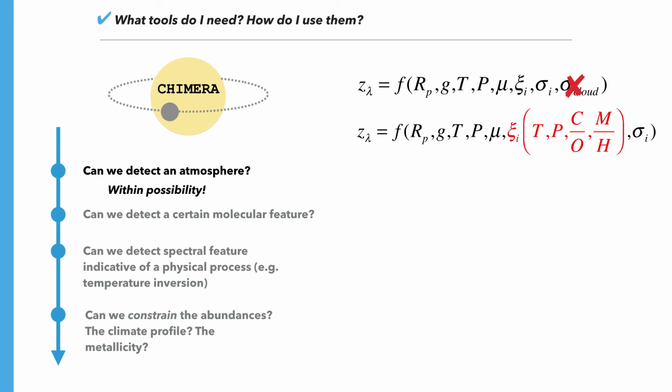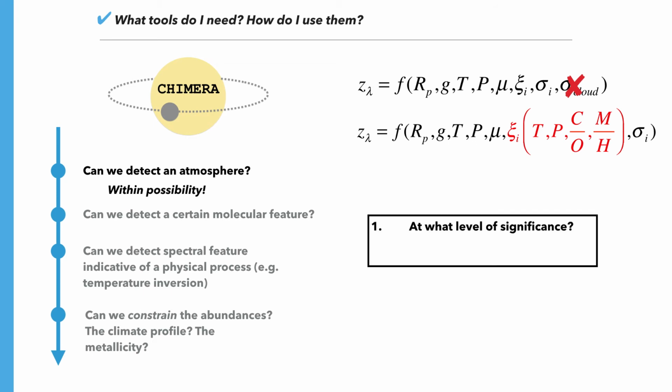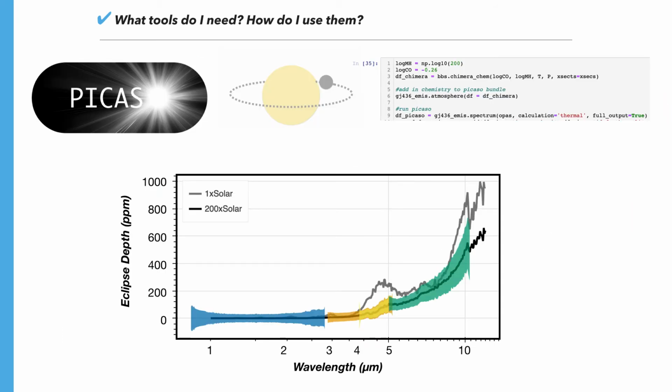The first is, at what significance can the detection be made? And the next is probably the biggest looming question of all: what about clouds? Now, before we address these questions, I want to stop and point out that in the online version of the tutorial,